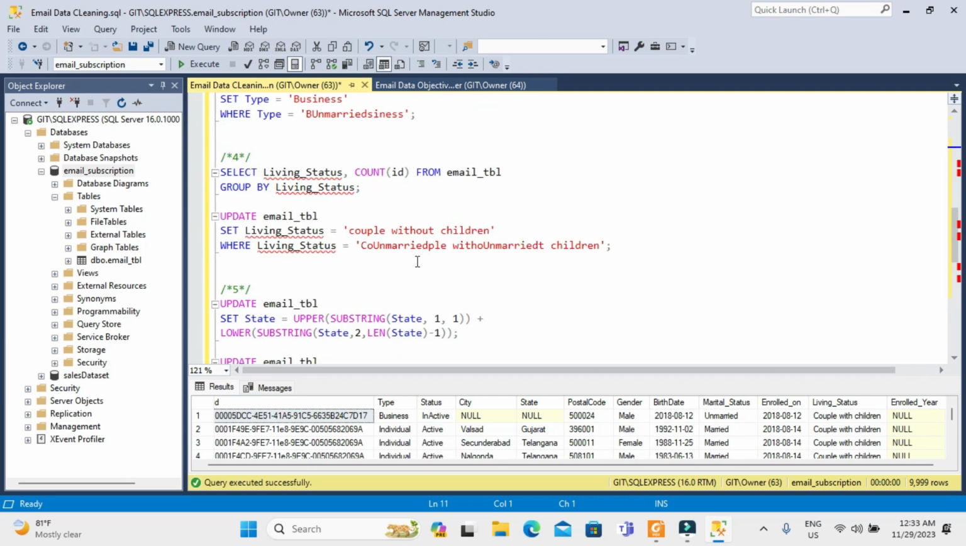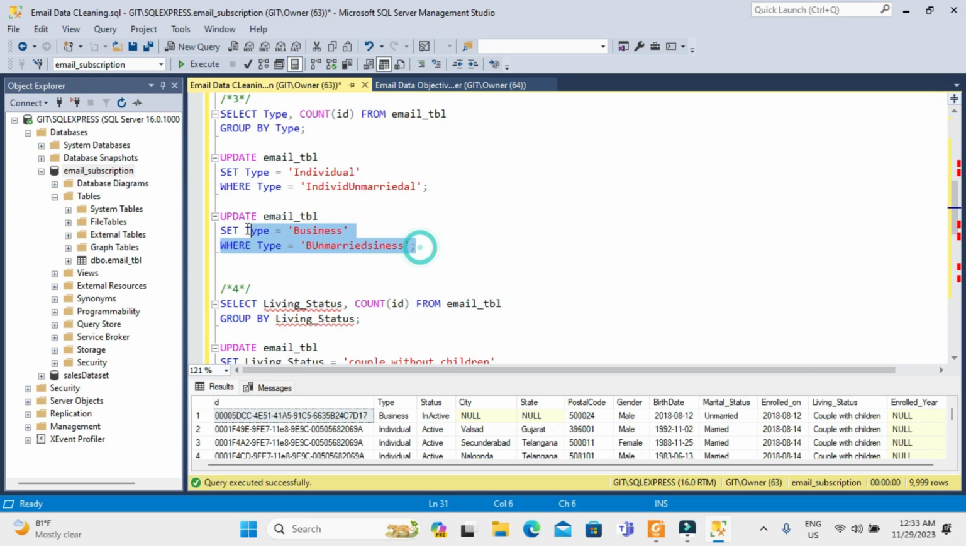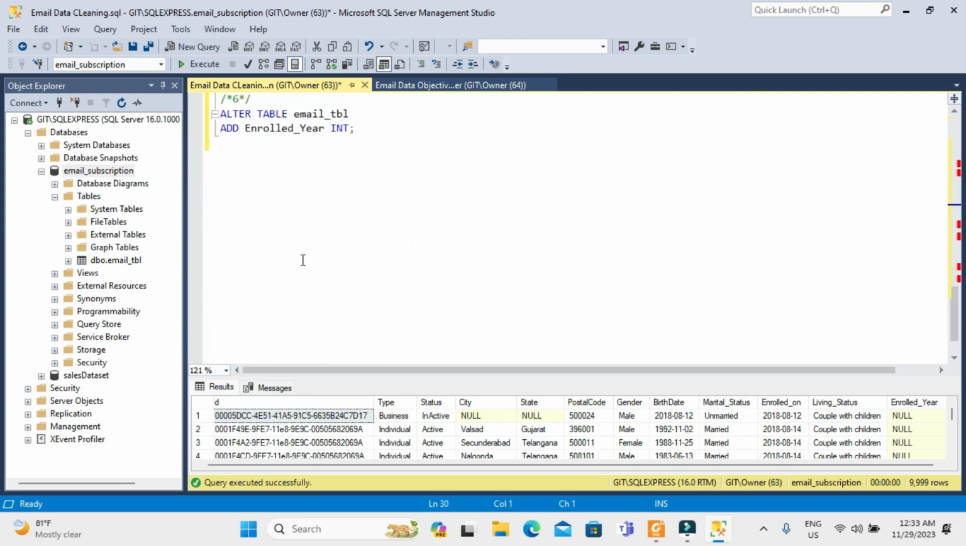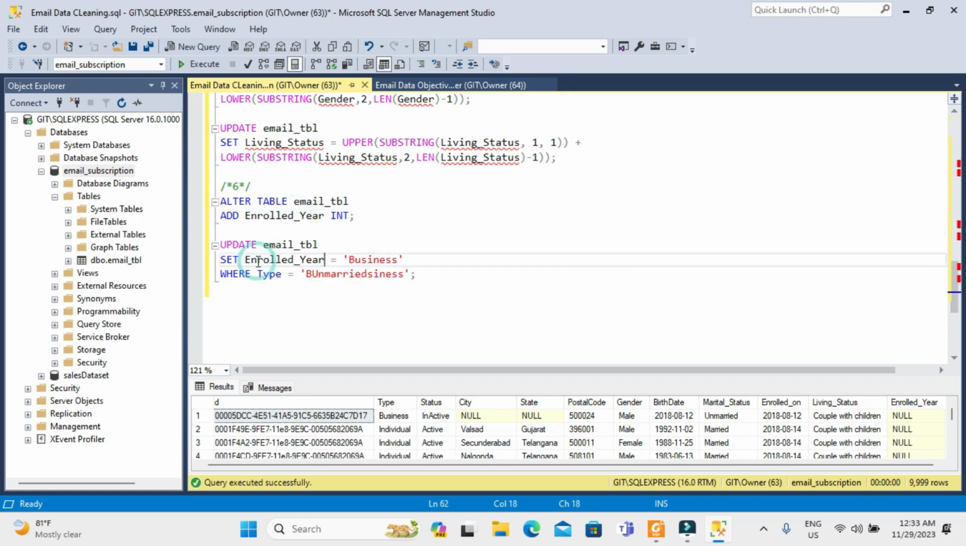So I'll just make a copy of one of the update scripts. So what I'll do is I will call the column name, which is the new column, that's the enrolled year. Then we will set it to what? We want to set it to